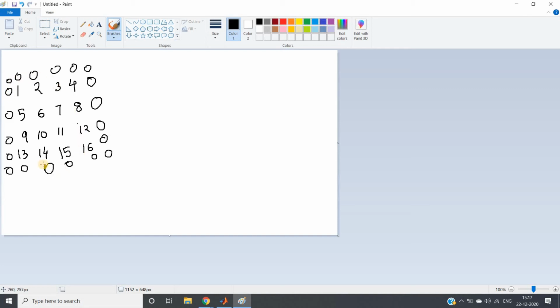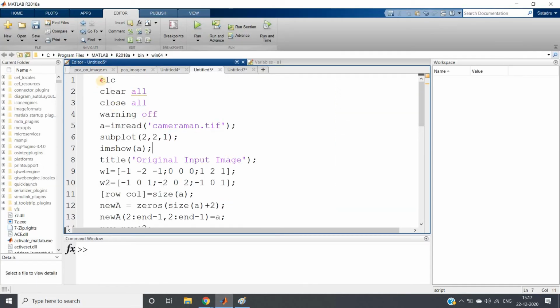Like this, cover the whole image with a layer of 0, and then you can apply your window of 3 cross 3 on these positions also. Here this was 1, in this position, no problem, right? So this is the approach which we are going to follow, that is, it is called 0 padding.